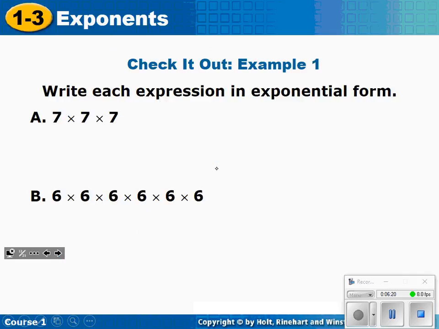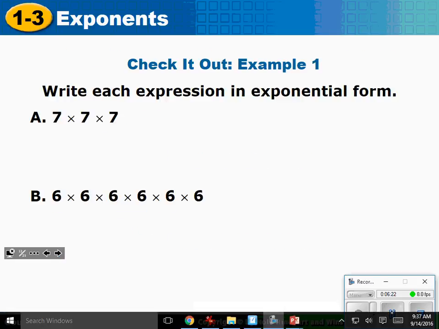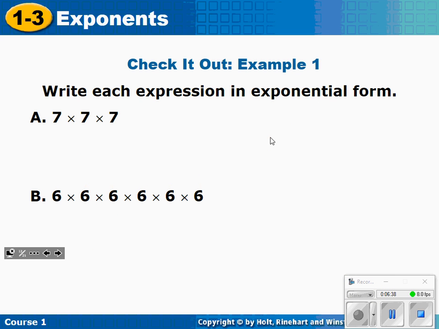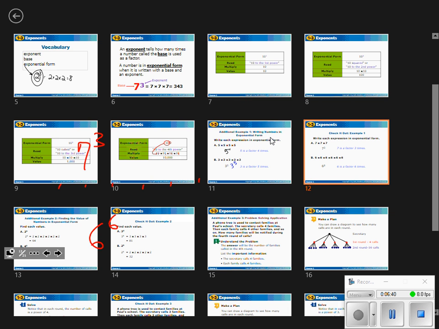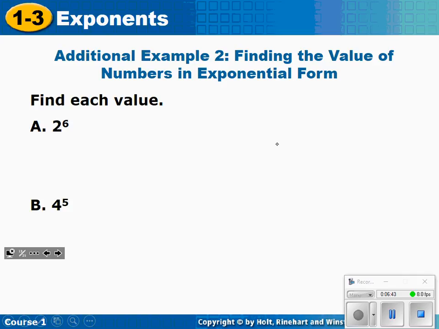Okay. On your whiteboards. So, we got 7 to the 3rd power, and we have 6 to the 1, 2, 3, 4, 5, 6th. 6 to the 6th. Now, we have to find each value. So what we have to do for these,